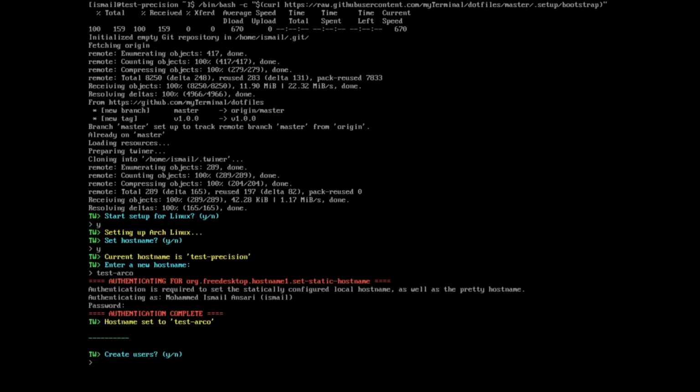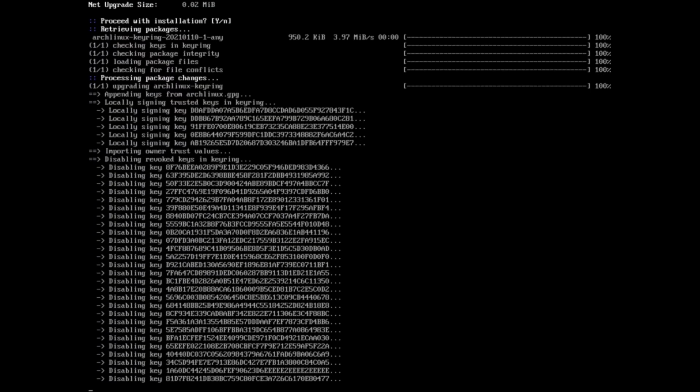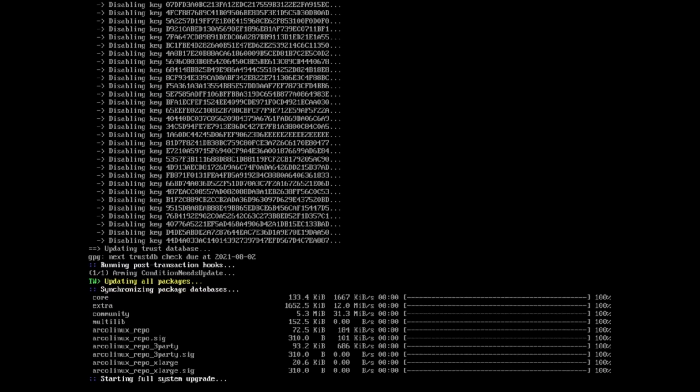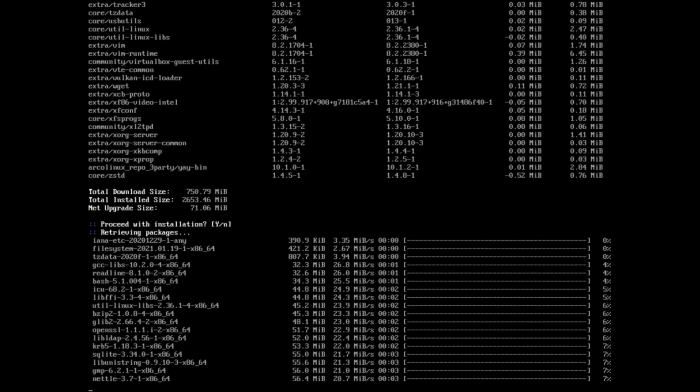The only next step before we start installing the required packages is creating users. As we've already created a user for me during the actual Arco installation, we can safely skip the step. The steps for installing the packages that constitute my daily workflow in Arch starts with first installing YAY, which is one of the best helper tools out there to ease up the installation of packages from the AUR.